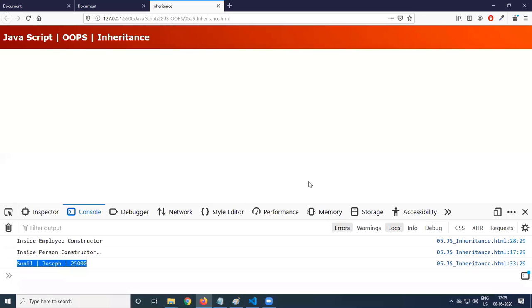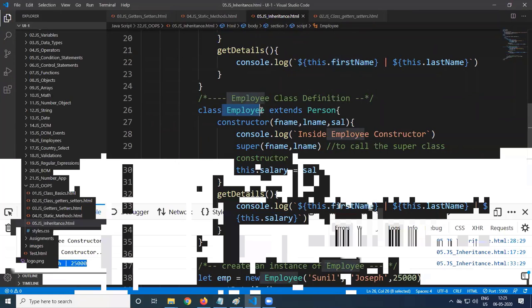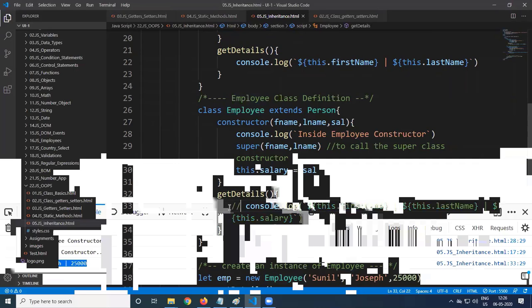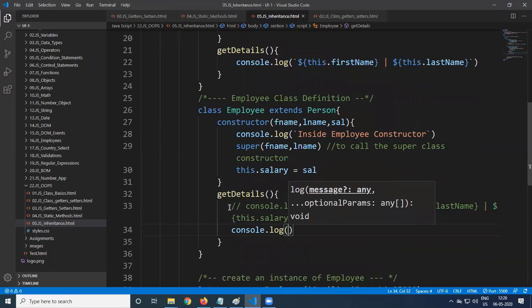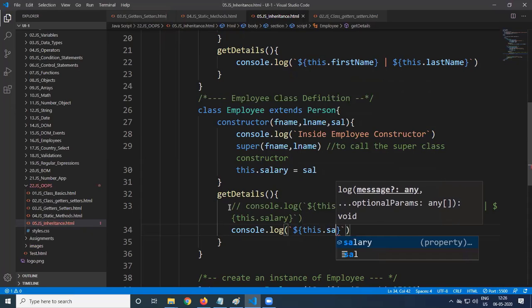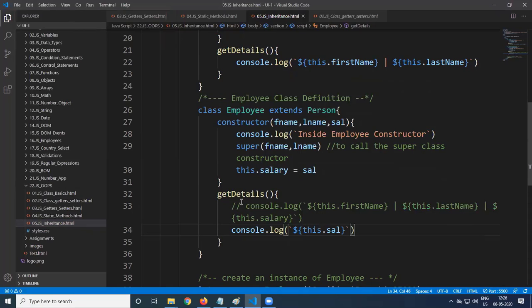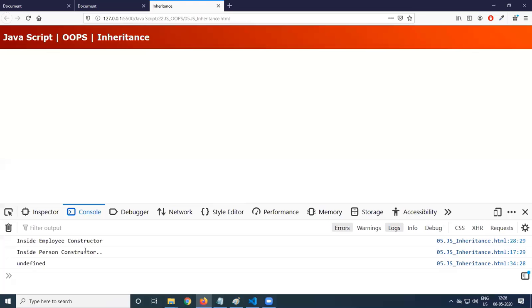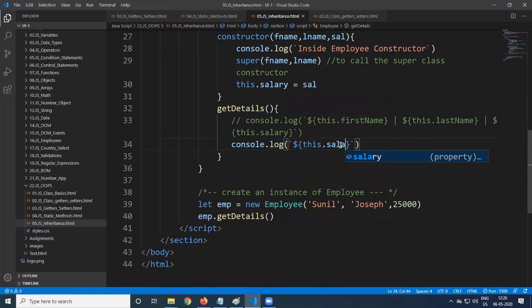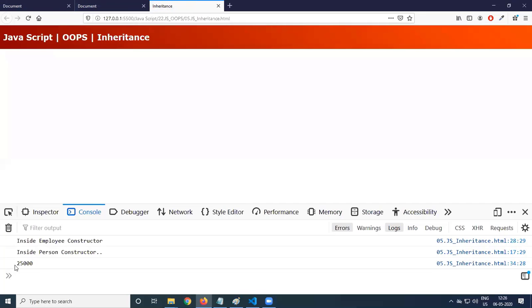In the same way, you can create another class called customer extends person, and the super keyword we are also using. So getDetails we define. But when you see this getDetails, in this one only salary we want to have. So console.log, why write it again, reusability. Inside this, ${this.sal}. We just want to display this.sal only. So whenever you call emp.getDetails, control will come to its own getDetails. Undefined, not sal. What is that? Salary. Salary is a property. We are getting the salary.